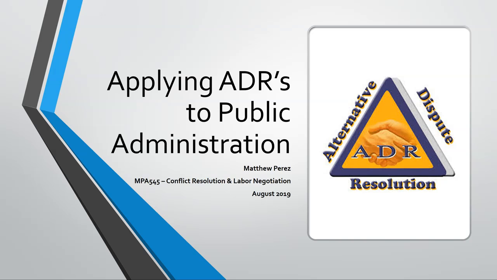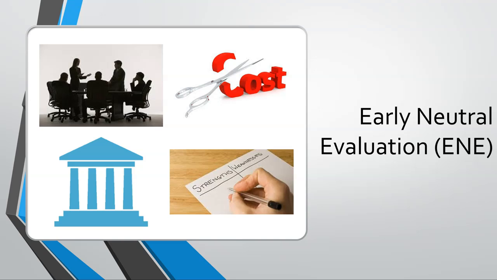So let's begin. The first ADR I'd like to talk about is called Early Neutral Evaluation. The textbook talks about this ADR in 5 different phases, in which the court picks a third-party neutral, and the neutral will hear both sides. After they hear both sides, the neutral will make an appraisal of their estimate of how it would go out in court, and then both sides can decide if they want to resolve the conflict or move forward with full